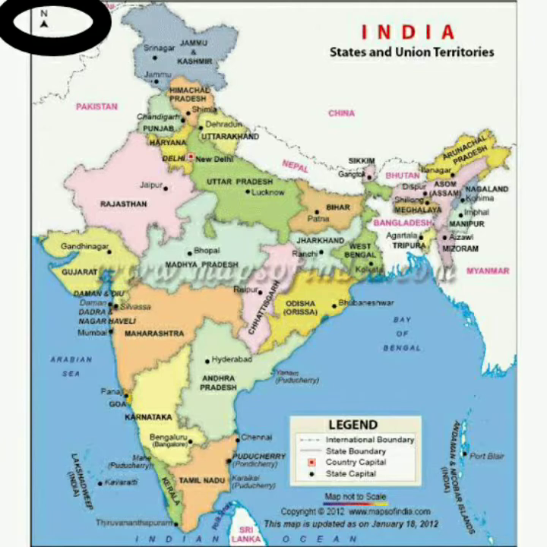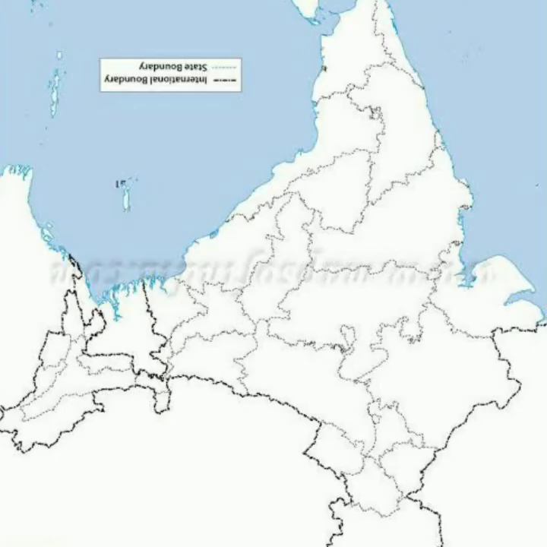Let us take an example. I have a map having no such directions mentioned in it, and I just flipped or rotated it in some other direction. For you, the top state on the Indian map is Jammu and Kashmir, but for me it would be Tamil Nadu or Kerala.